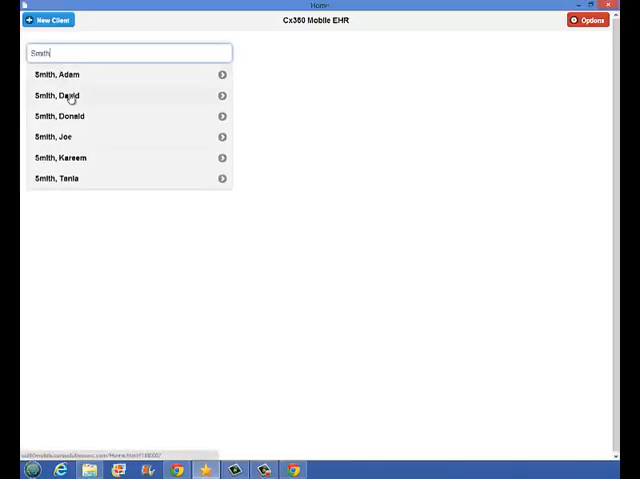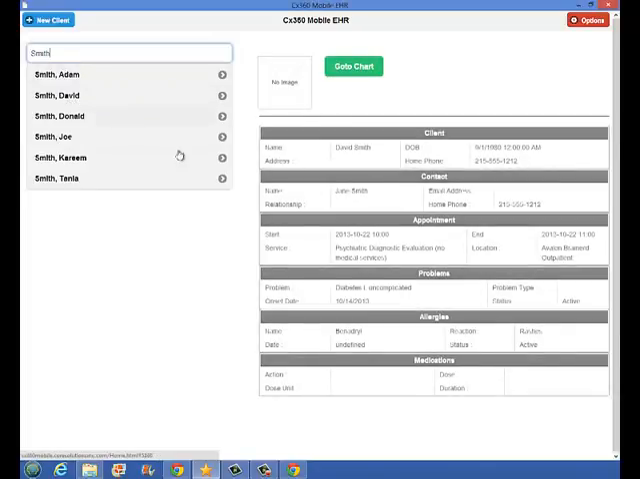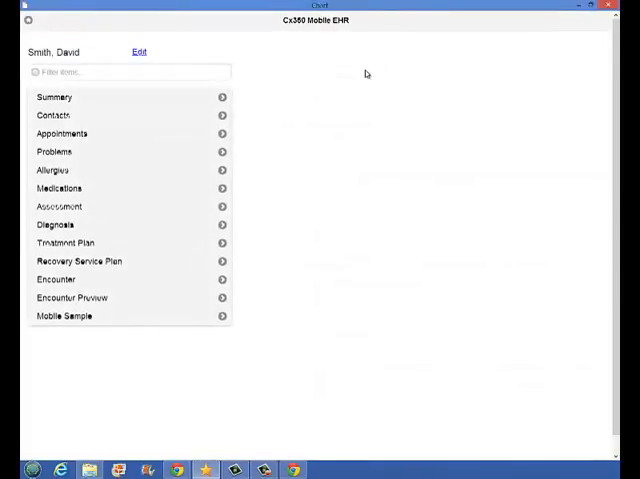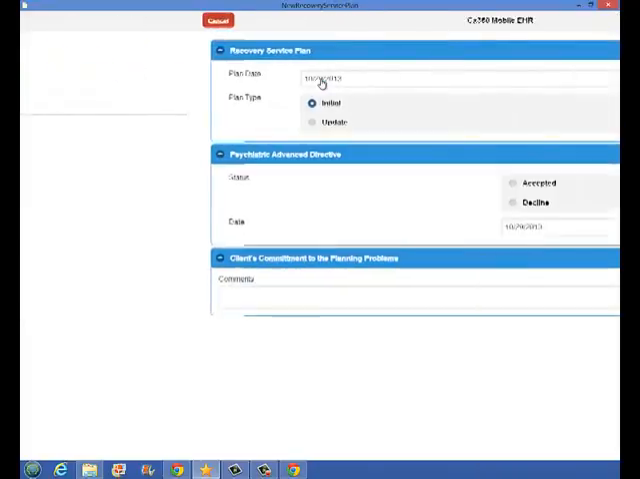You can select David by just clicking on his name when it appears. You can see that our client chart is beginning to populate from our work that we previously did with David. We can go to David's chart by going to the green Go To Chart button and clicking on it. To create a new recovery plan, we have to go down to this list and click on the Recovery Service Plan option. This brings up the New button, which we'll click on, and this will start the recovery service plan